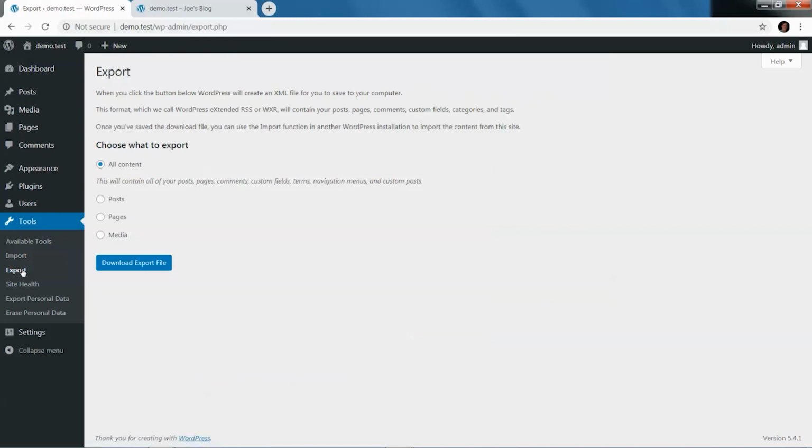You might also want to import and export between production and your local install. So say you have a local install like I have here, and you want to try out some new functionality, you could export your production install, import it into your local one, and then be able to apply new themes, new plugins, write some things, even if you're inclined to try to write your own plugins or themes, and see how it works with your production data. It's actually a good way to test things too.